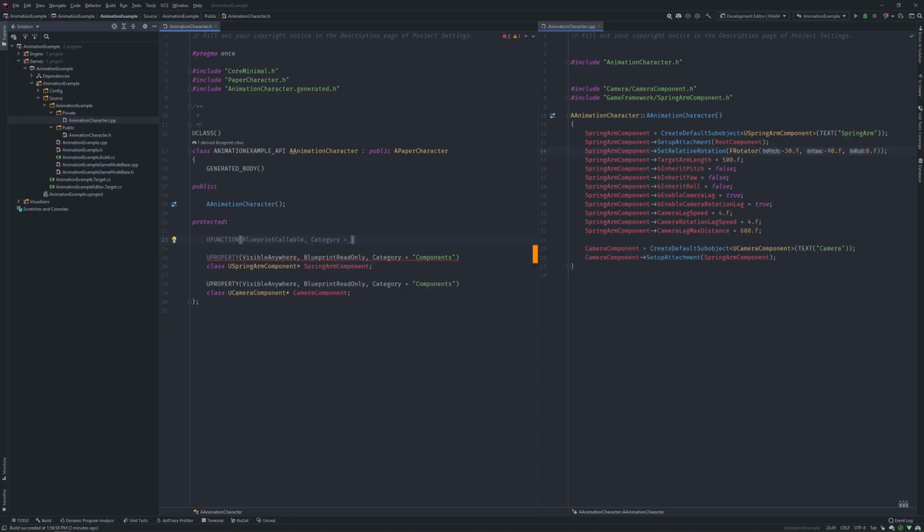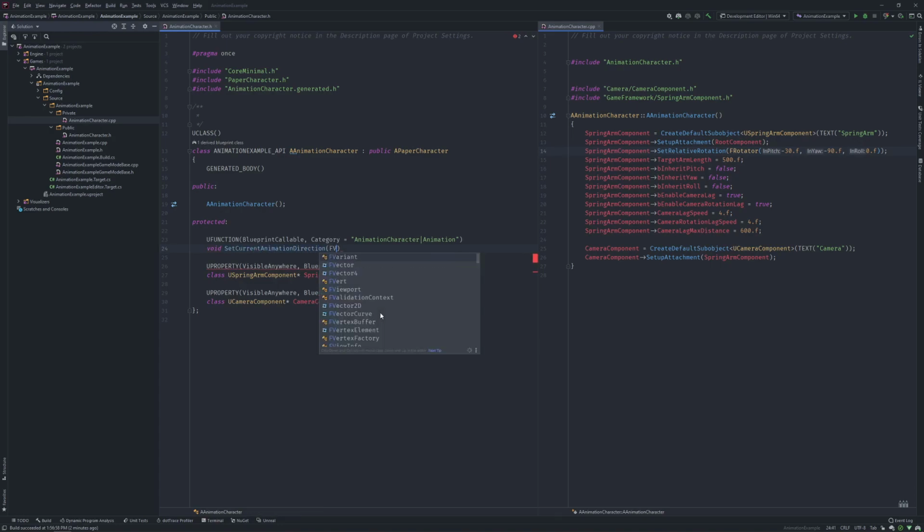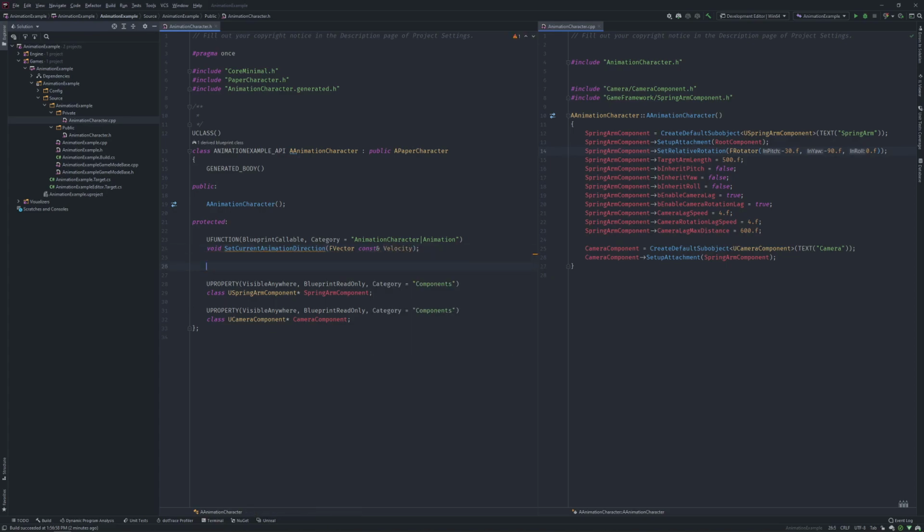It's blueprint callable, and we'll put it under animation character animation, and we're going to call this void set current animation direction. It wants an F vector. We're going to make it a const reference, and we'll call that velocity. That's how we're going to set our enum, which, by the way,